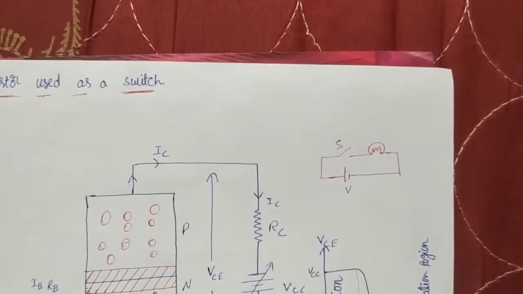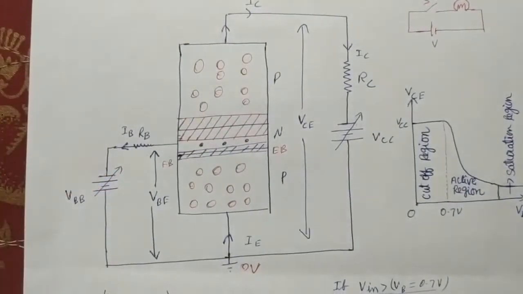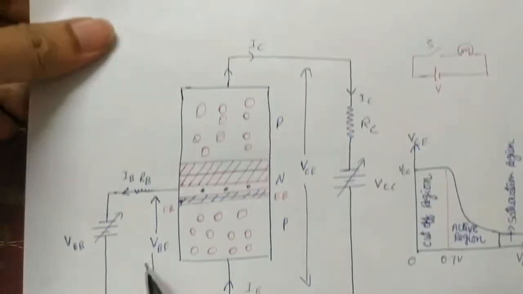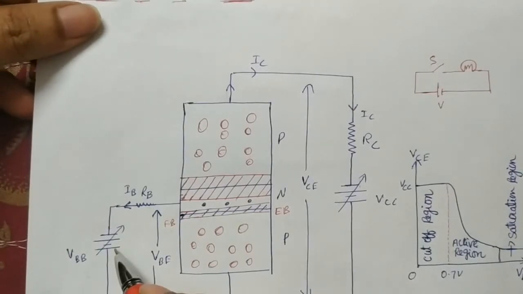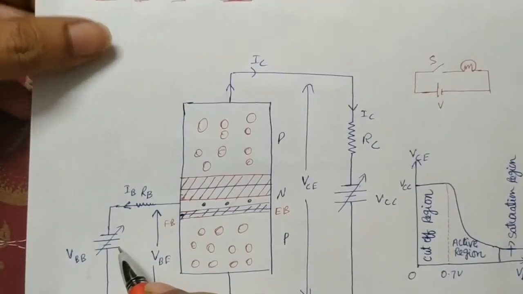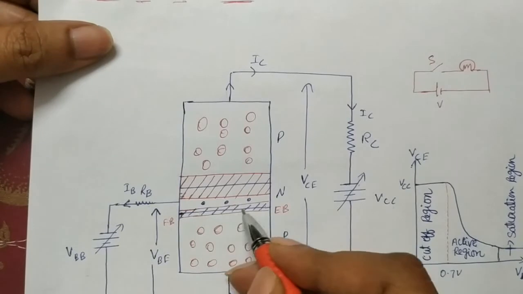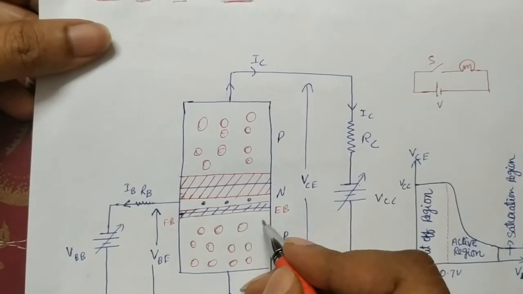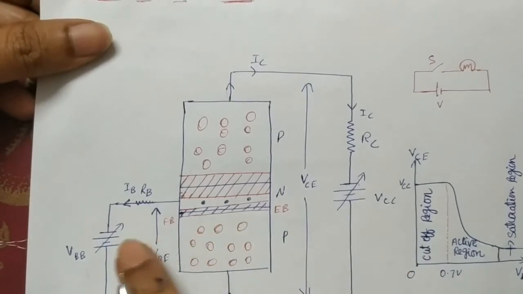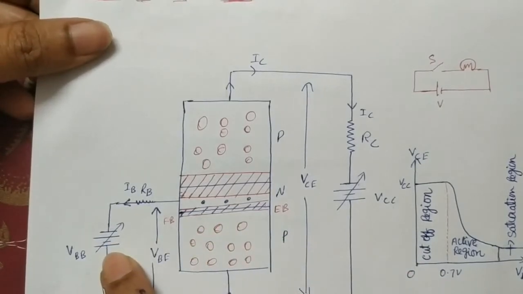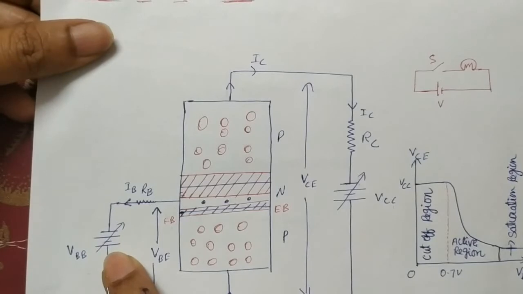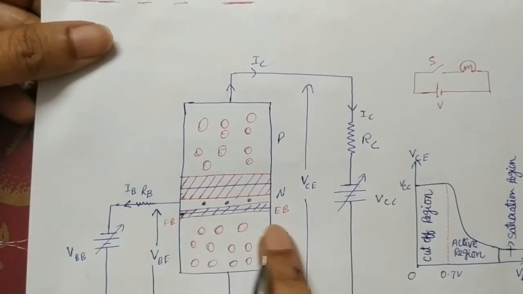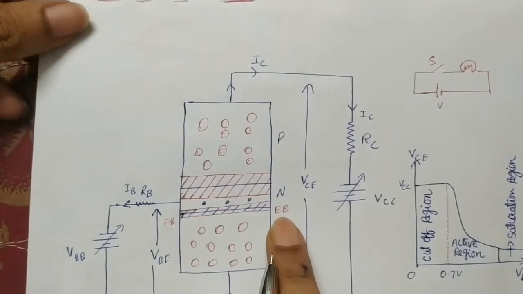Now see here in common emitter configuration, suppose the input voltage is not applied, then sufficient potential. What is sufficient potential? You see in forward bias, some small barrier potential is there, that is VB. If you are not applying that much potential, meaning a very small potential, or otherwise you can apply zero potential here, what happens? IB is zero, no current is flowing across the emitter base junction.